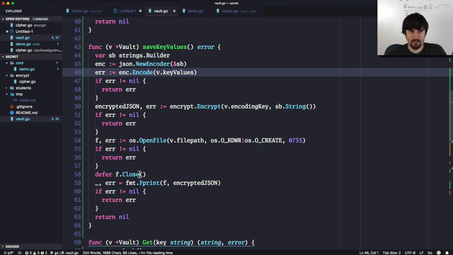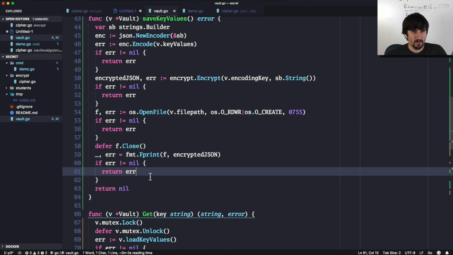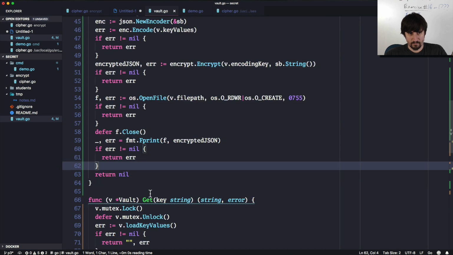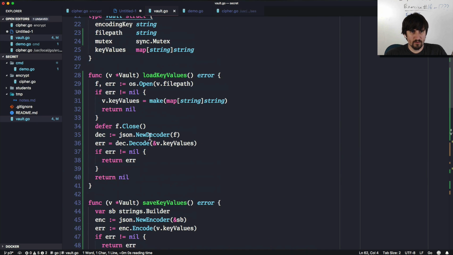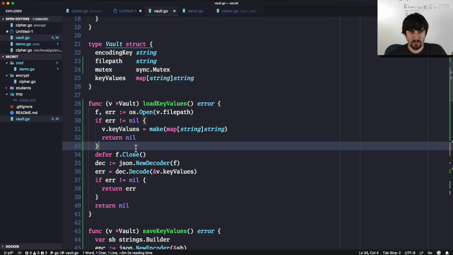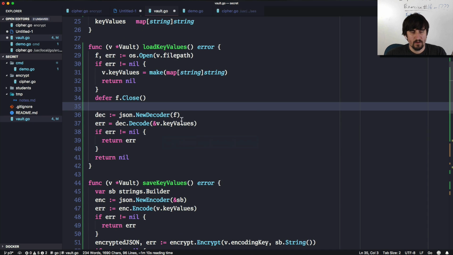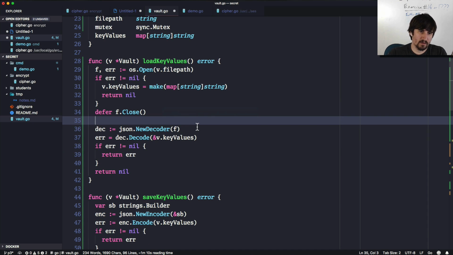We're going to open up the file, defer closing it, and write to the file using fmt.Fprint. Fprint allows us to pass in a writer to write to. And then we're going to return. So up here in load, we need to make sure that we decrypt it before we do this JSON stuff. So what we need to do is right around here,